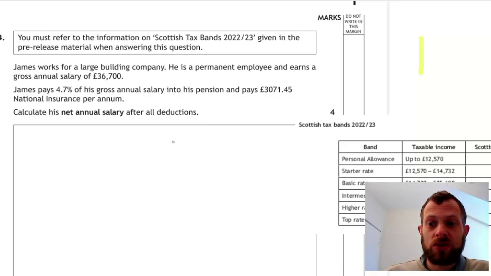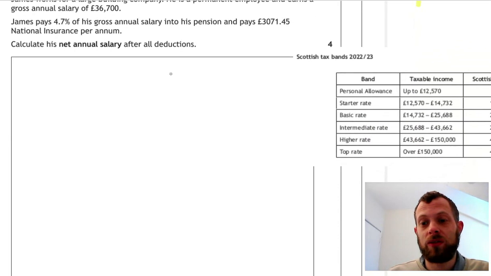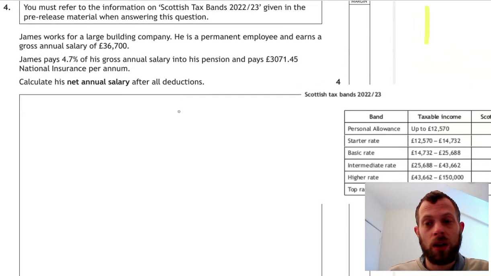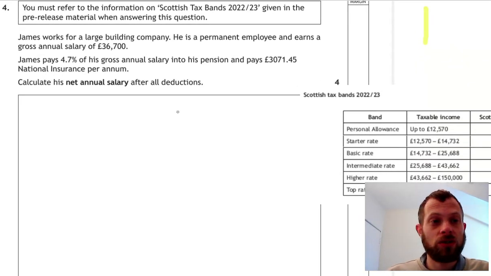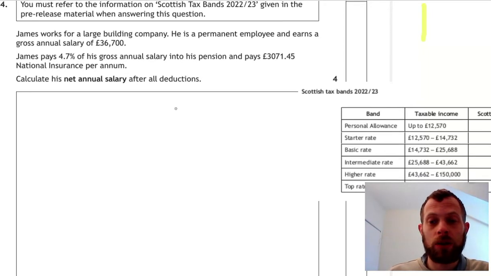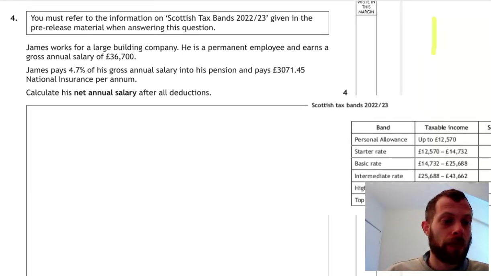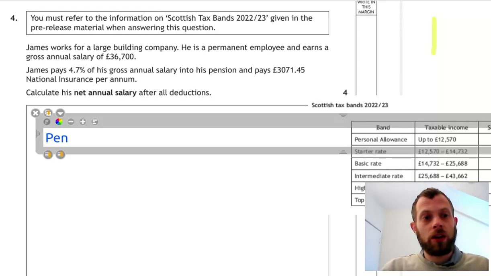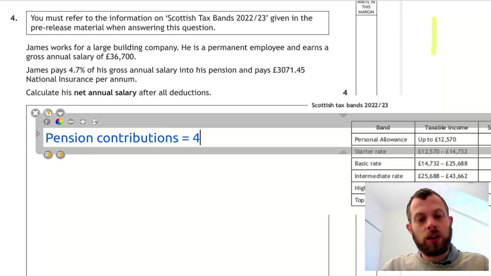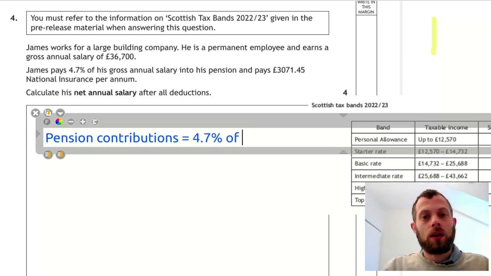In this next question, we are working out net income. So we are given the gross income of 36,700. We use the information from the Scottish tax bands in the data booklet to work it out. So the important thing to remember is national insurance is worked out on the gross salary. However, income tax is worked out on the gross salary minus pension contributions. So first of all, we need to work out the pension contributions and take them away from the gross salary,